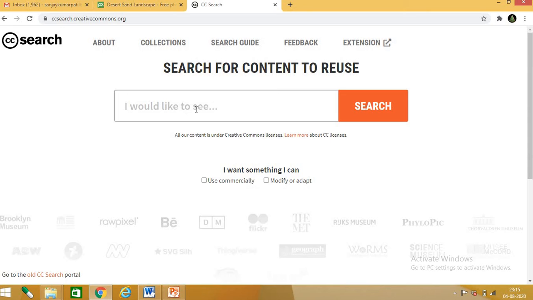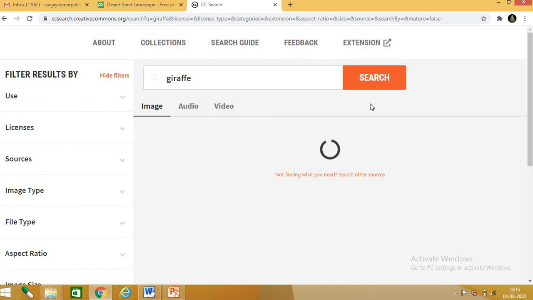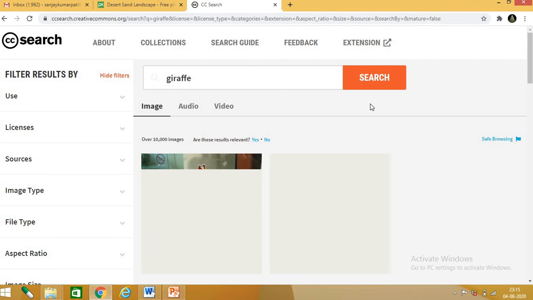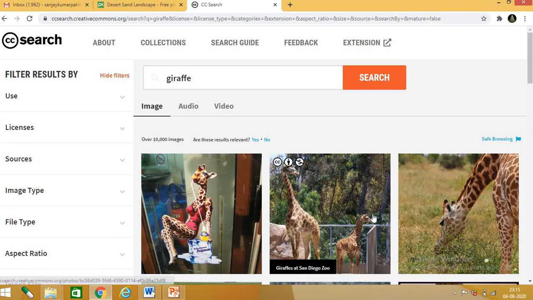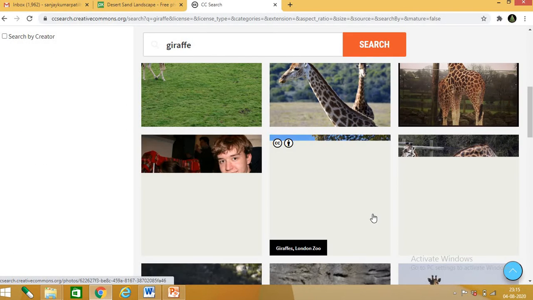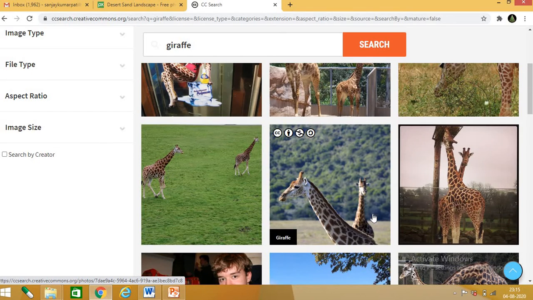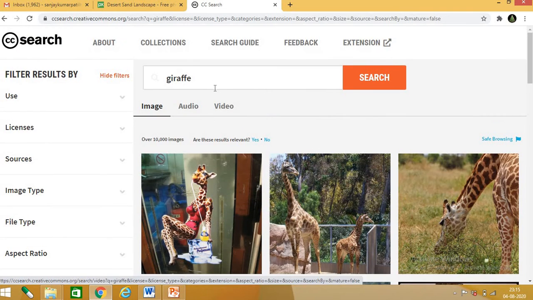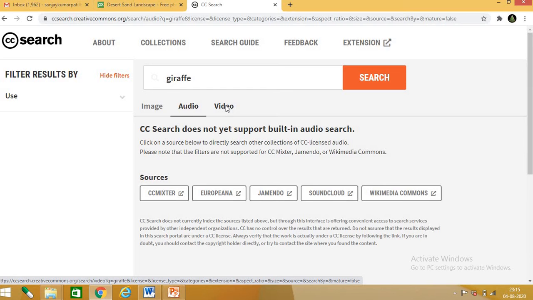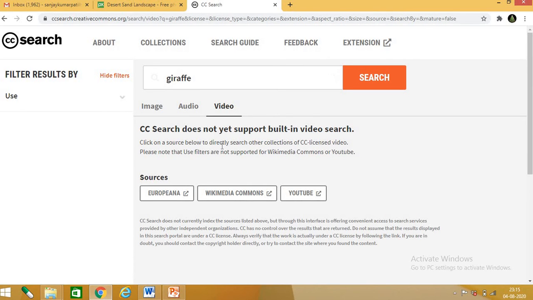So what I would like to see? I would like to see a giraffe. So hundreds of images of giraffe you can see here. Audios, videos, these all are free.